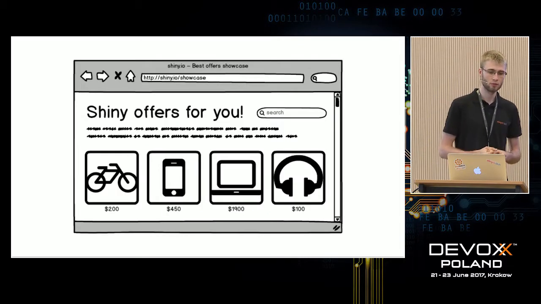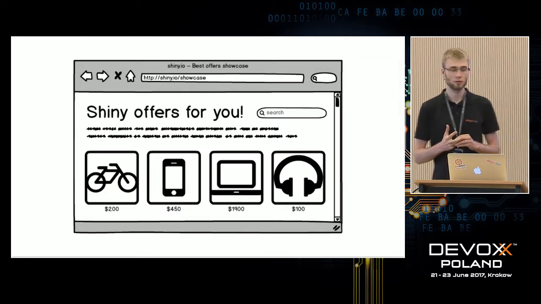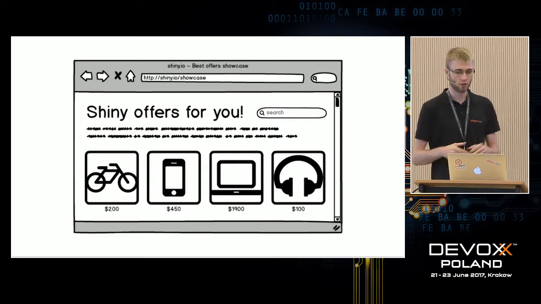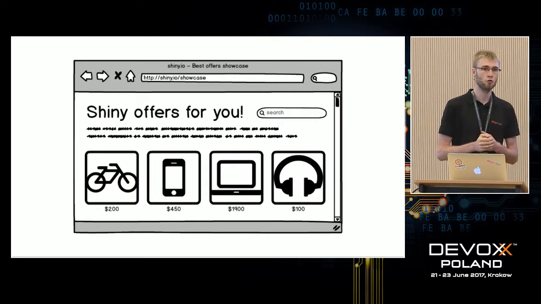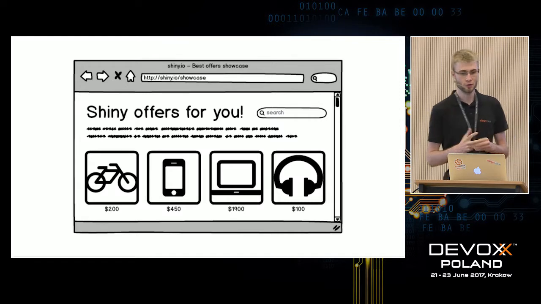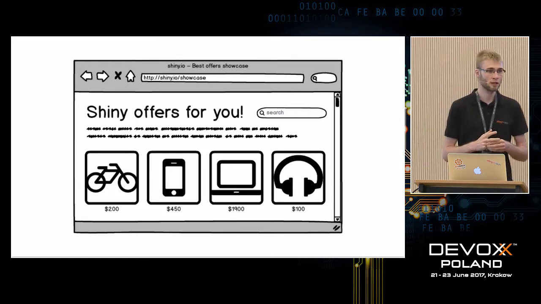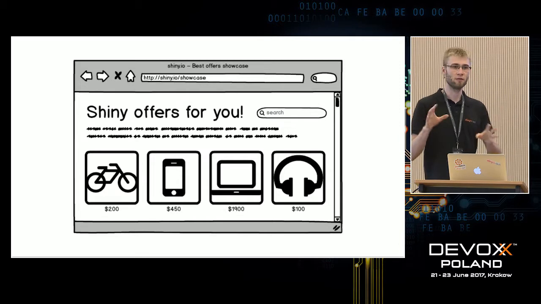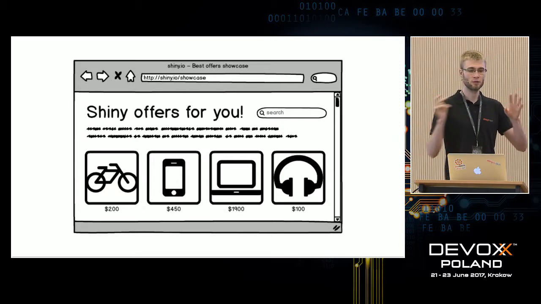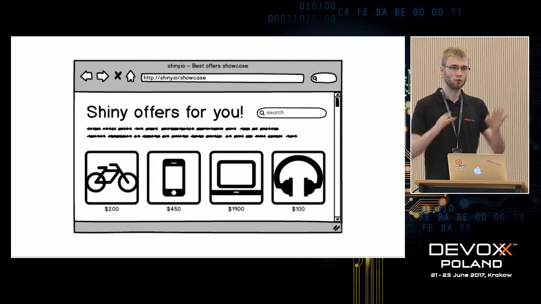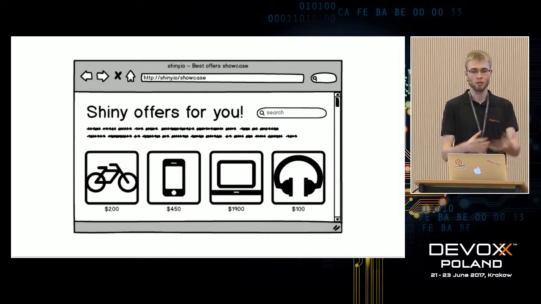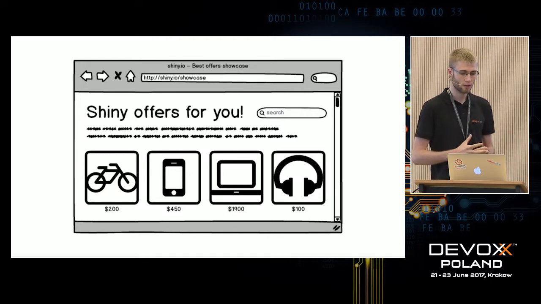So let's imagine we're working in a company called shiny.io. It's an e-commerce site. It's quite a large company, and we are working on a new feature. This new feature will be called Showcase, and what it does is it's going to be like a gallery of all the most attractive, fancy offers we have in our system, so that a person can go into this page, look at the offers and spontaneously buy something because he or she really liked the item.